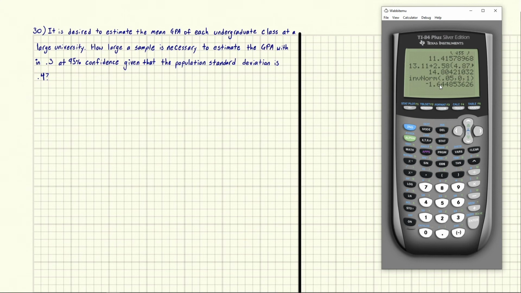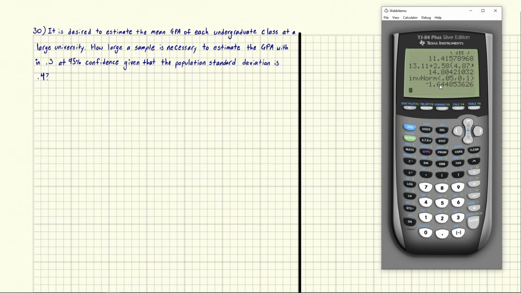Eric Burgess here. It is desired to estimate the mean GPA of each undergraduate class at a large university. How large a sample is necessary to estimate the GPA within 0.3 at 95% confidence, given that the population standard deviation is 0.4? Alright, so first type of problem that we're dealing with, I see a lot of students, they